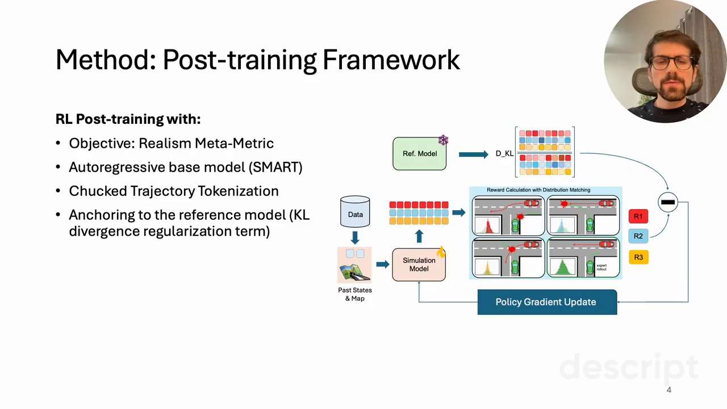Here is how the framework is wired. We use SMART as the base model, which is an autoregressive simulator that emits trajectories as half-second tokens. For an input scenario, we generate several rollouts, score each one by comparing it with the ground truth rollout, and update the policy with the REINFORCE algorithm. Here we use a KL divergence regularization term to anchor the policy to the pre-trained reference model to keep the